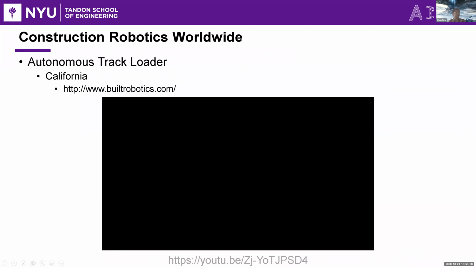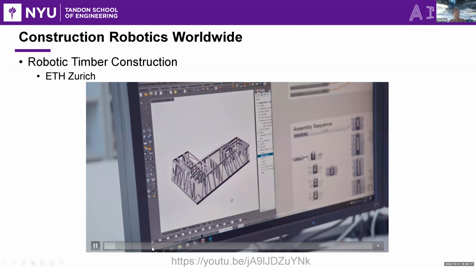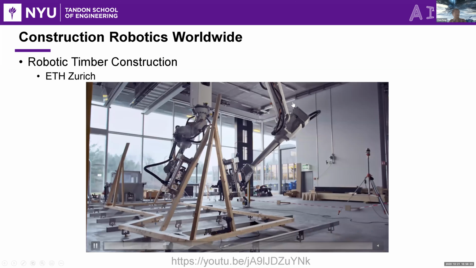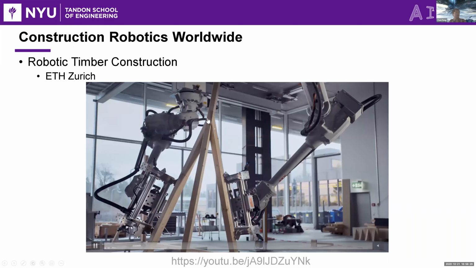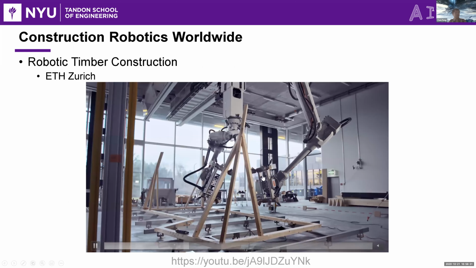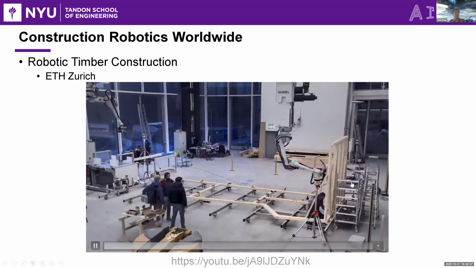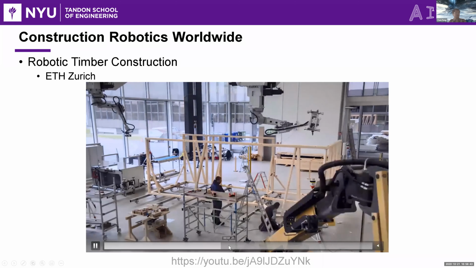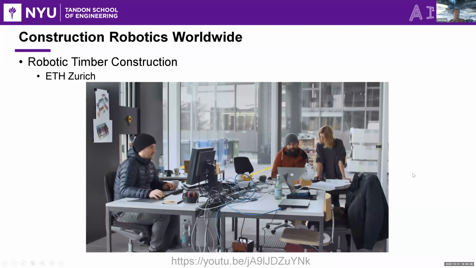So sorry, did I just skip one? So this is a video from ETH in Europe. What they're doing, again, I'm going to fast forward, but you can easily search for those videos on YouTube. What they're doing is an indoor factory setting where they have this robot that can automatically pick up timber to perform timber construction. All the nailing, cutting, all those works are done by the robot, and the robot is automatically building this wood frame. Okay, I think this could be a technology of interest to modular and offsite construction, even though right now it's still sitting in the lab.